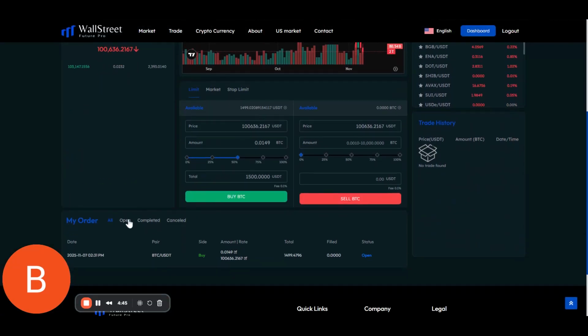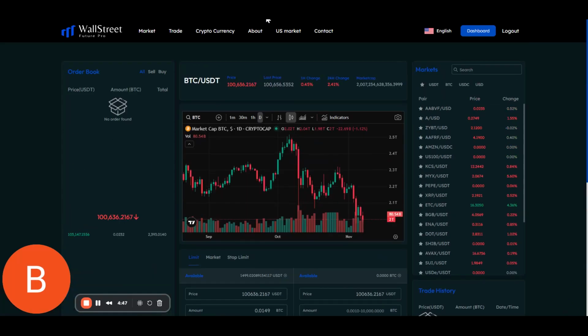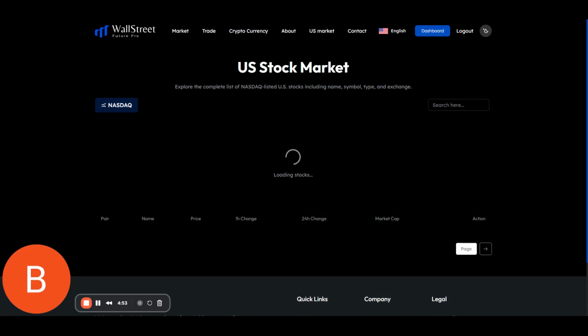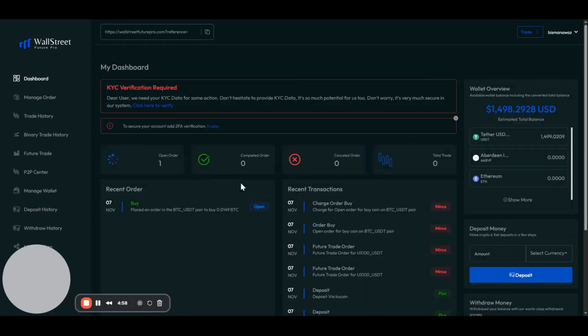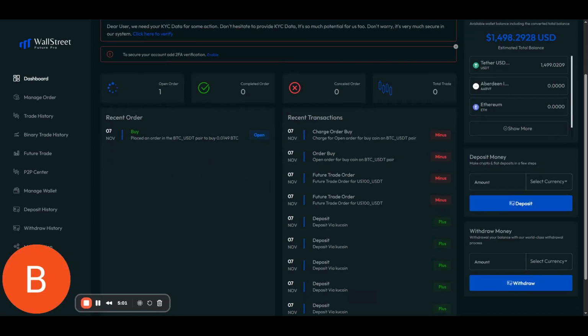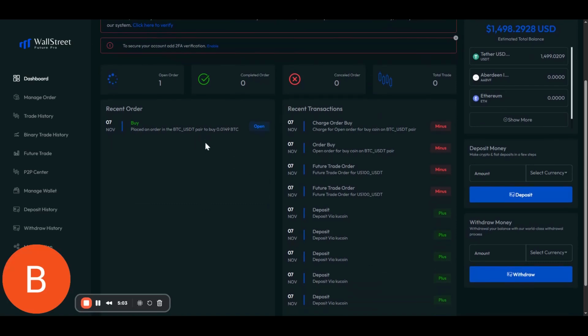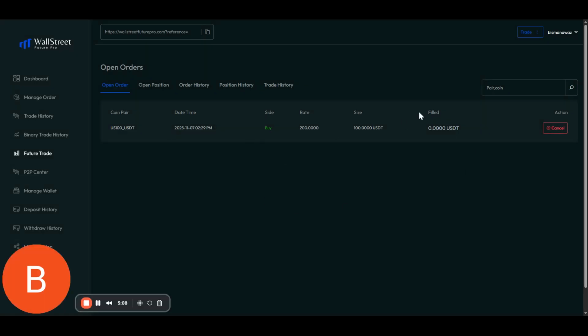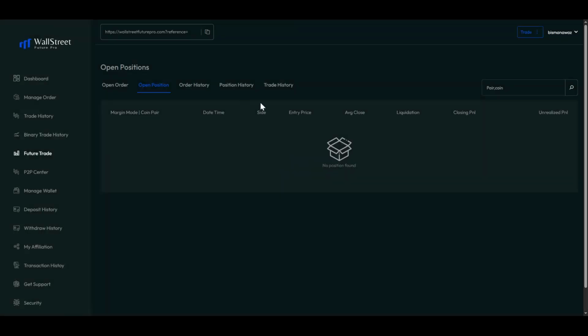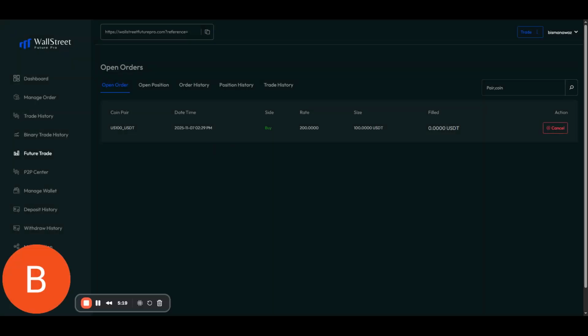As you can see, this is my open order right now, and also in the US market I have at least two positions open. One is over here for the BTC, and one is for the future trade, where I would say it would be short. That is it. So I have the two positions right now. Here is the future. Let me check. Sorry, and that's it. We have both positions, for crypto and for the US market.